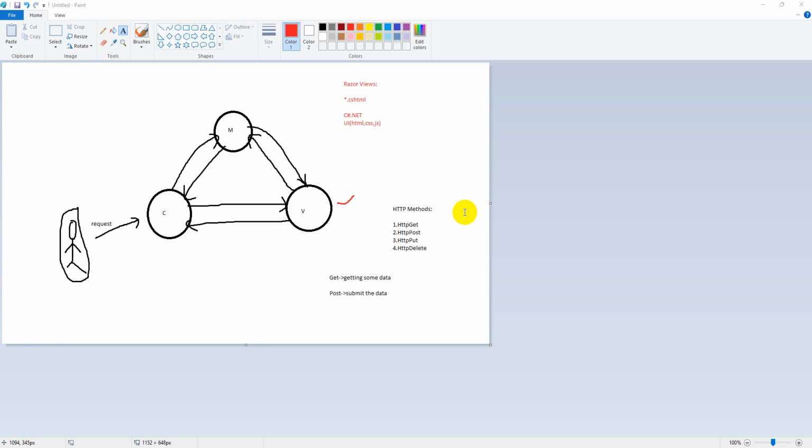Yeah guys, in this video let us try to understand how to use a model in an MVC project. By using the model, as I said, we are going to transfer data from the controller to the view and from the view to the controller. So now let's try to use a model, and let us try to understand how we can create a view from the model and how we can transfer the data. That is what this video is about.